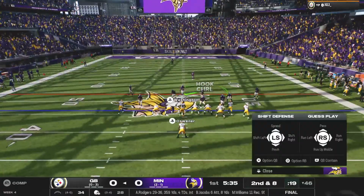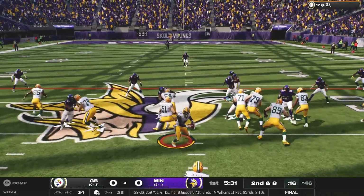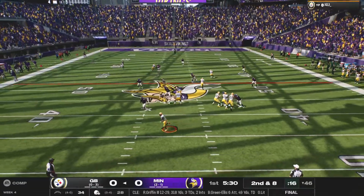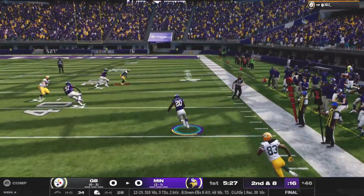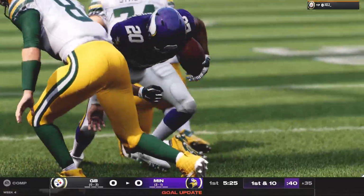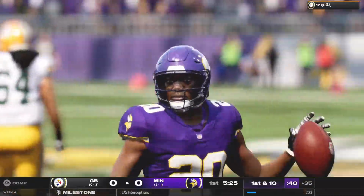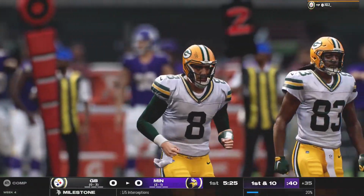Look him up on a 2nd down and 8. Off play action. He'll set up to throw. That is intercepted. Picked off by the safety, Xavier McKinney. And he's going to give his offense a short field to work with as they look for their 1st points